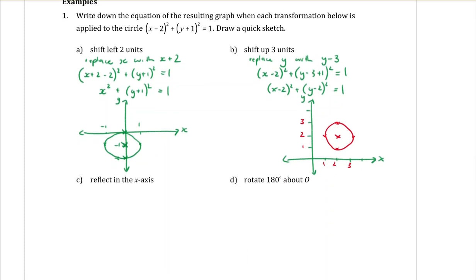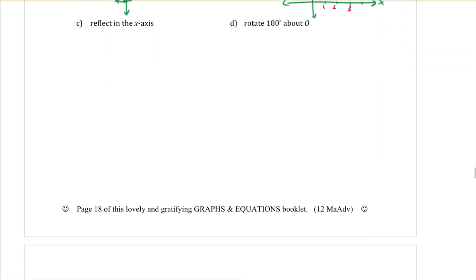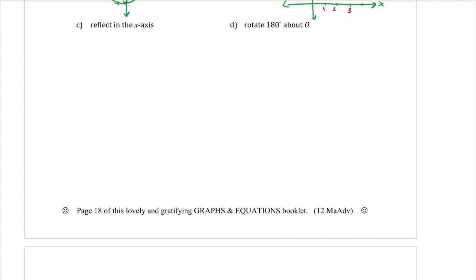We're not ready for the next one, we're going too fast. Are we okay? Question C, I want to reflect in the x-axis. So reflecting in the x-axis means we're kind of going across the y-axis, which means we replace the y with -y. So let's put that into our equation. X stays the same, so it's (x minus 2) squared, plus (-y plus 1) in brackets squared